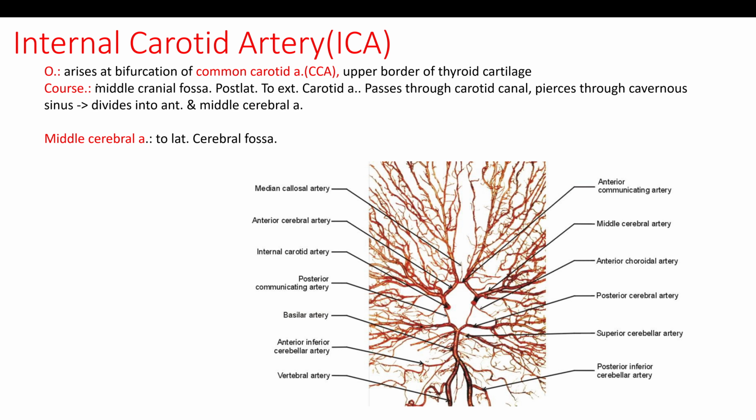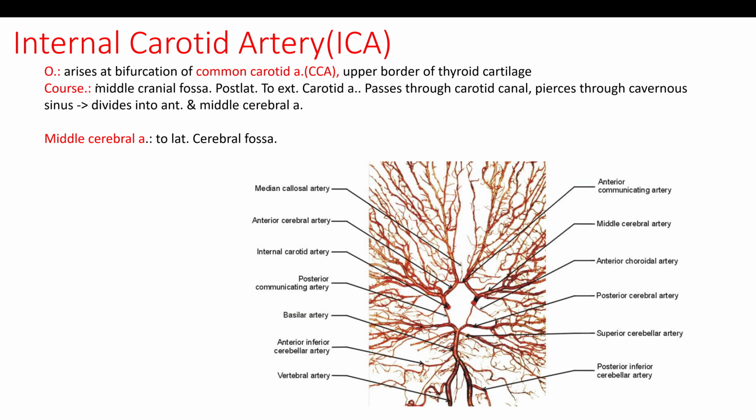It has the following branches: caroticotympanic branches within the carotid canal, pterygoid arteries, the ophthalmic branch, and the posterior communicating artery, which anastomoses with the middle and posterior cerebral arteries. The anterior cerebral artery arises at the bifurcation of the carotid artery, dorsal to the optic nerve, and communicates with its counterpart via the anterior communicating artery. Then it passes along the longitudinal fissure and supplies the medial aspect of the hemispheres